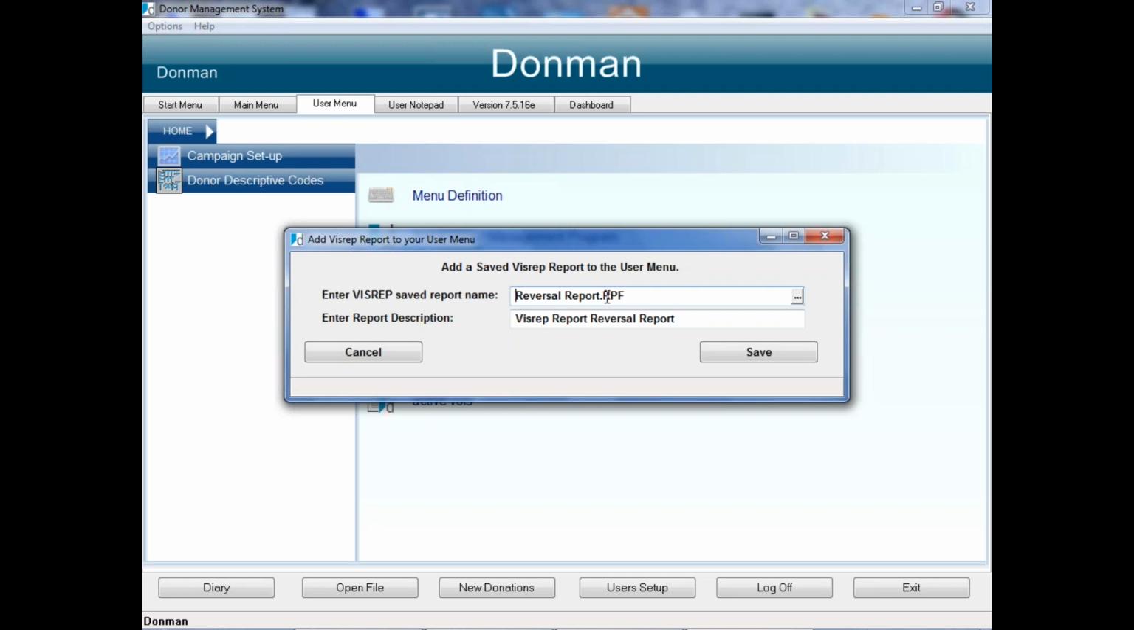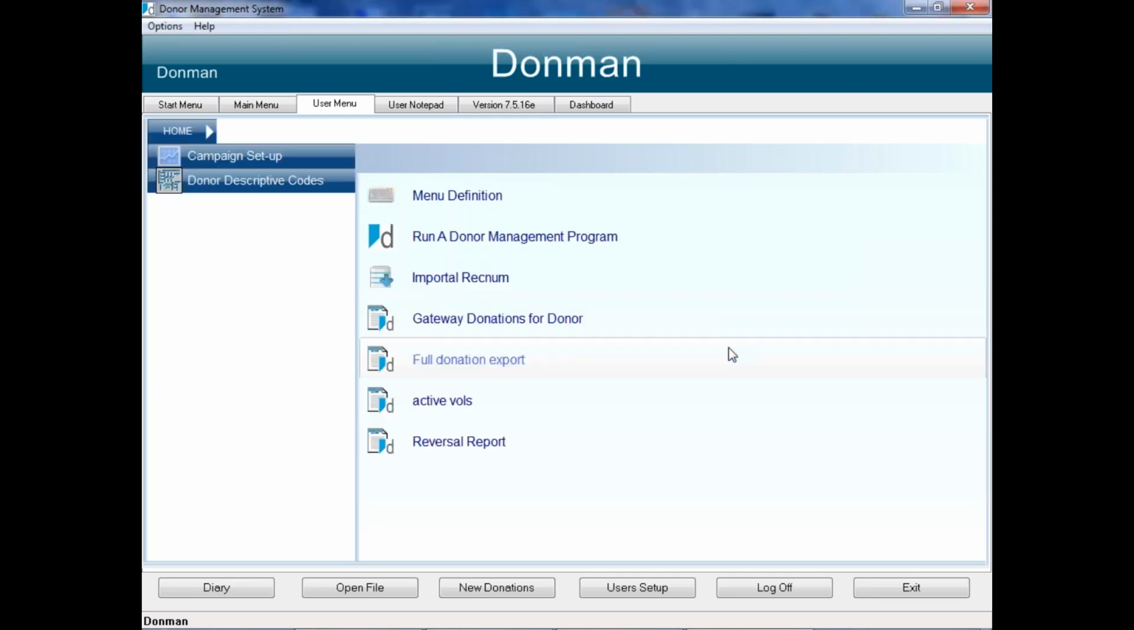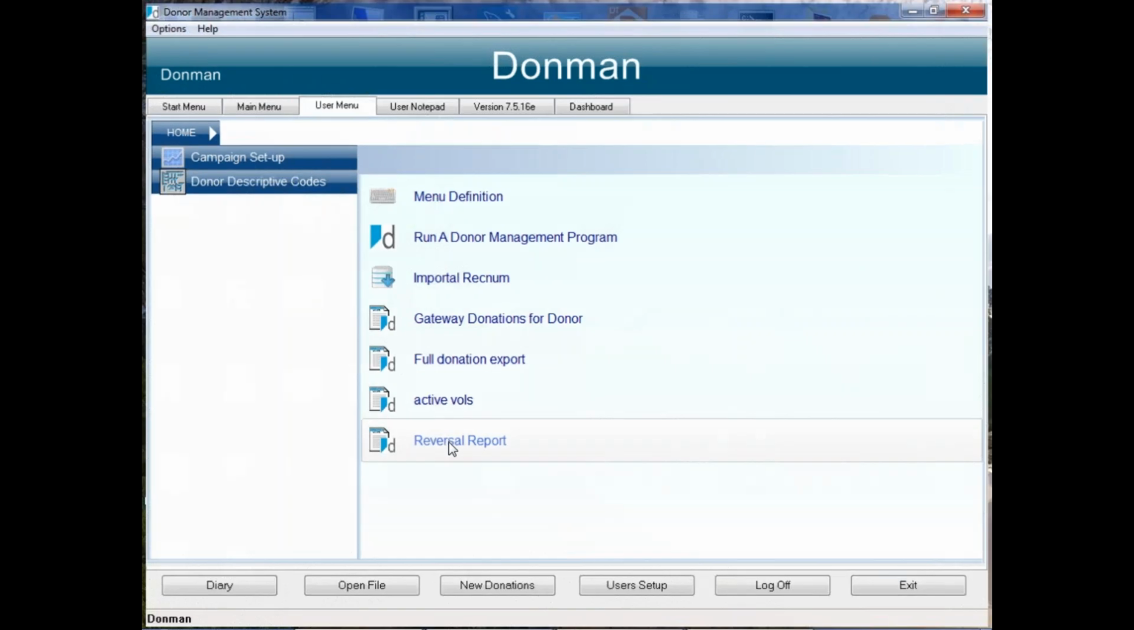So Donman will understand that's the program. By default, it puts Visrep report and then the reversal, the name of the report. You can get rid of that bit there. Just save it. So now I've got the report on the menu, and if I click on there, when that thinks about it,